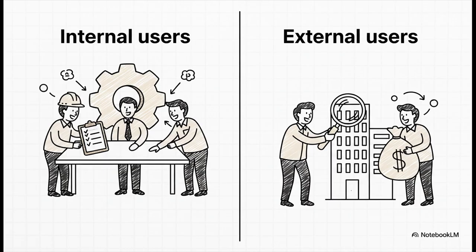Internal users, like your management team, need this data to plan daily ops and evaluate performance. Think of a manager figuring out if they have the budget to hire a new team member. On the flip side, external users, like investors or creditors, look at this to assess the overall risk and health of the firm. That's the bank deciding whether or not to greenlight a $1 million loan.